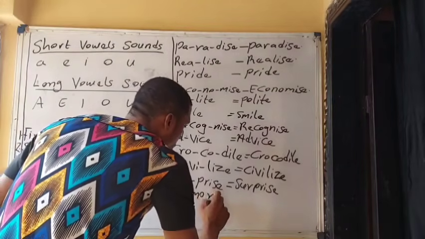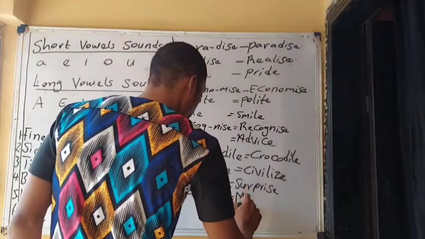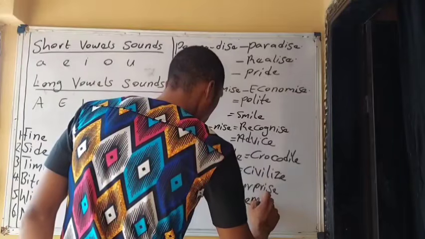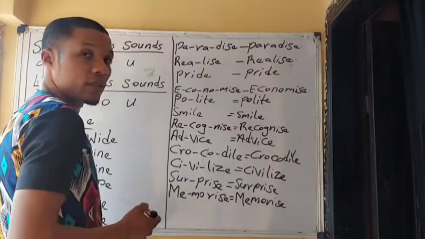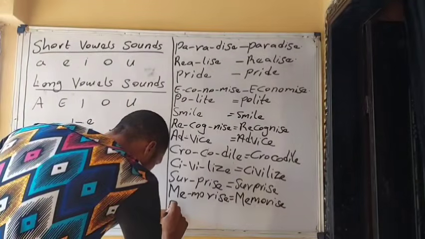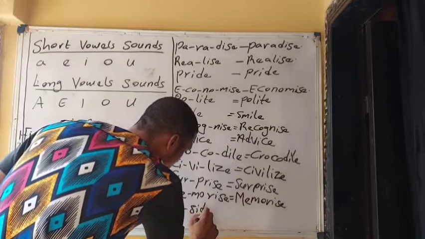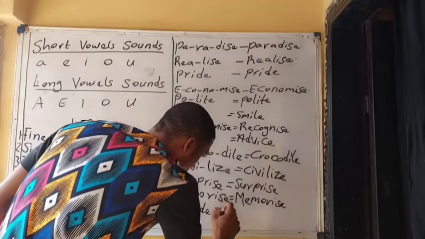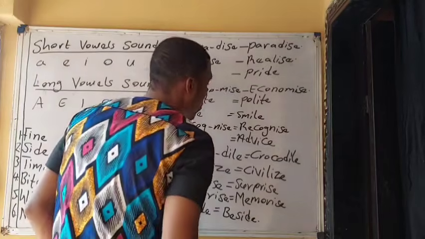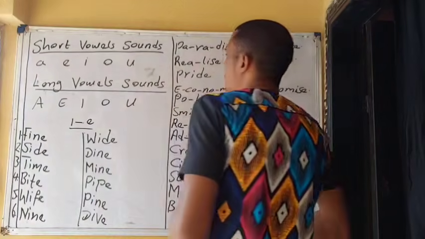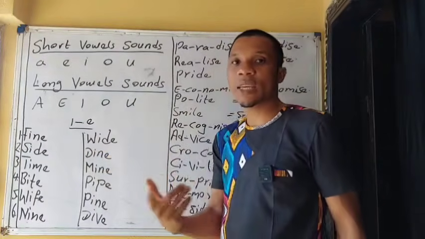Next, we have ME, more, rise. If we bring it together, we have memorize. Memorize. Next, we have BE, be. Then we have side. Beside. So as you can see, letter E is the one ushering this letter to say its sound, which is